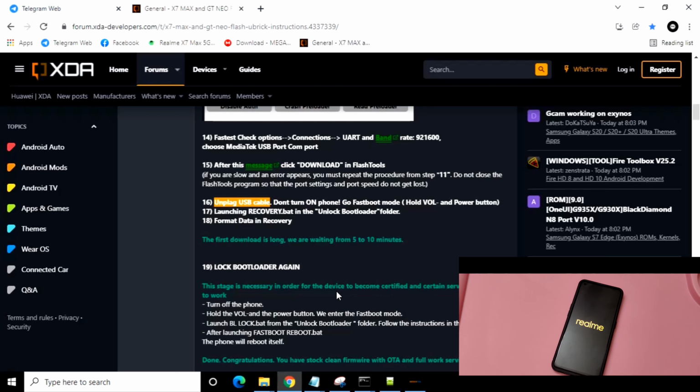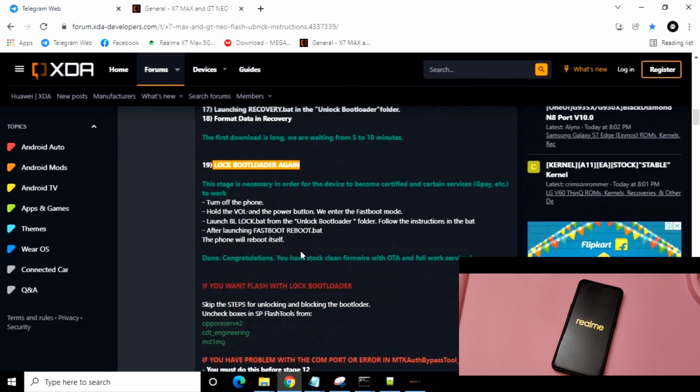Let's see whether it will boot into the Realme system or not. I'm just waiting for that. Once it has booted, we just need to lock the bootloader again. In order to lock the bootloader again, we need to follow some steps here.